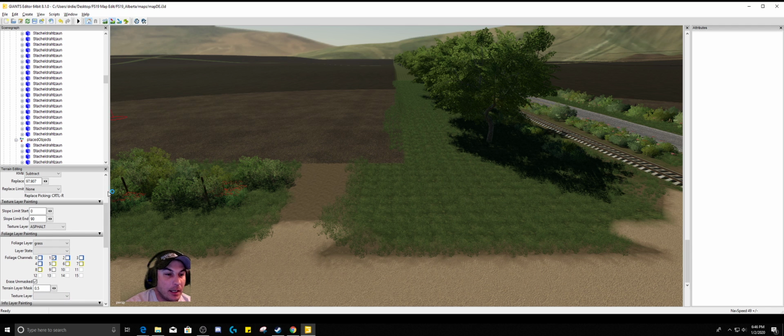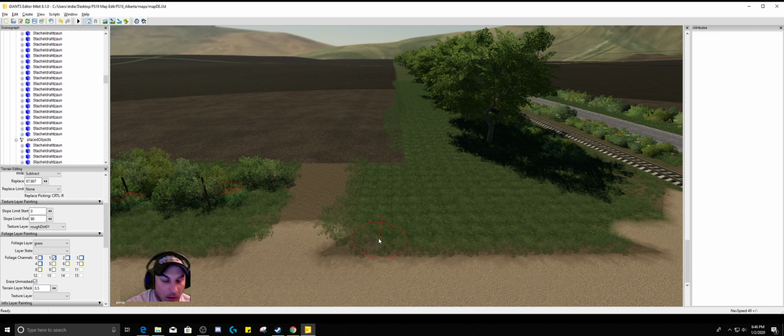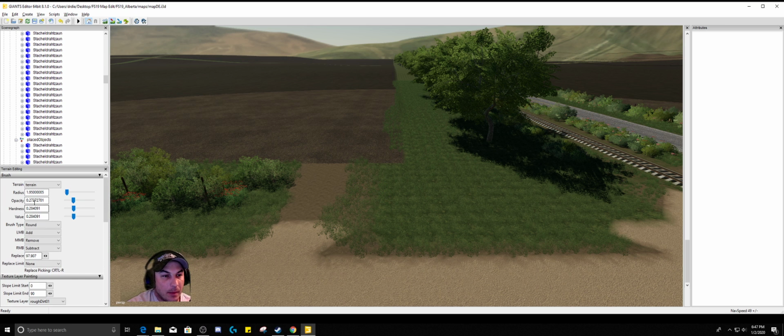Oh, I'm sorry, terrain editing. And let's see, what do we want to do? Probably try to add some more dirt in here. So I've just been kind of playing around with things, and I've kind of got my opacity and hardness and all these sliders set lower so that I'm not making huge